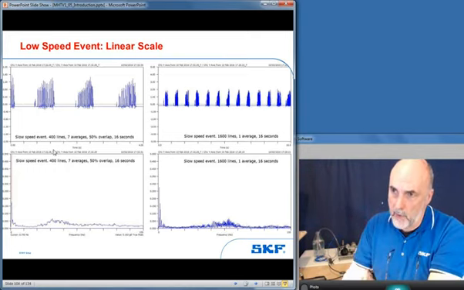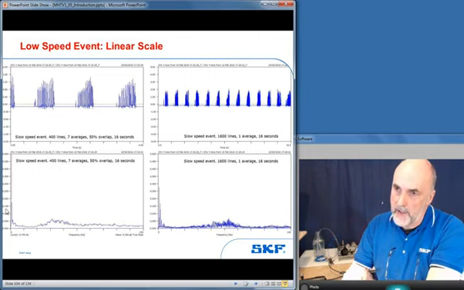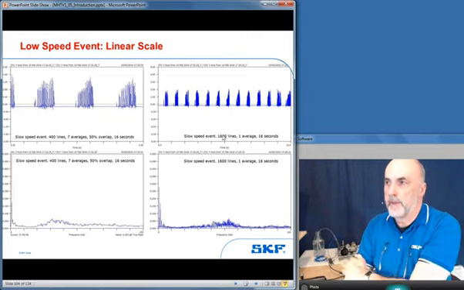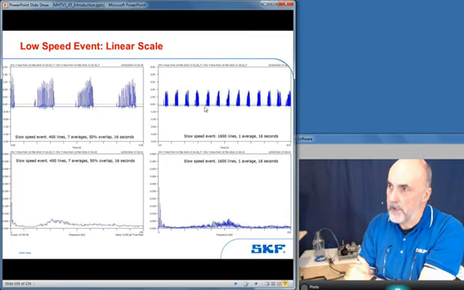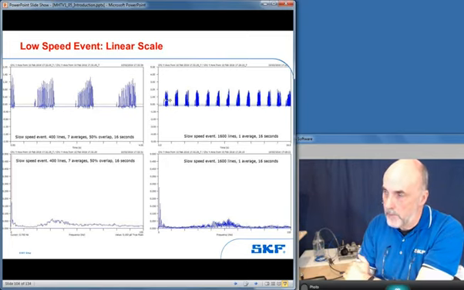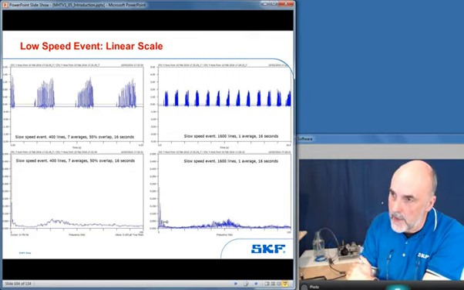So you can see with a 400 line spectrum, because the resolution is lower, I can't see those harmonics. But if I do a 1600 line spectrum, because I've taken a more representative set of readings over one time block, I can go to much higher resolution. So on the right hand trace, I've taken one average of 1600 lines over 16 seconds, and you can see those harmonics.